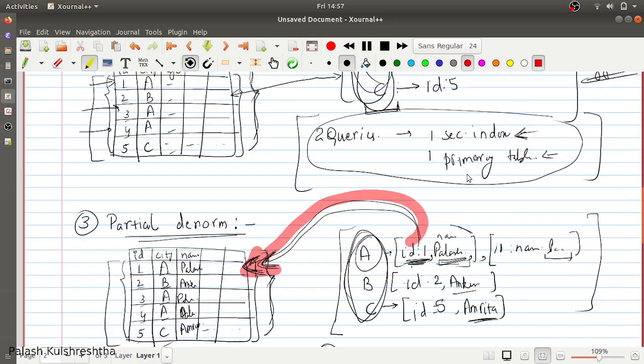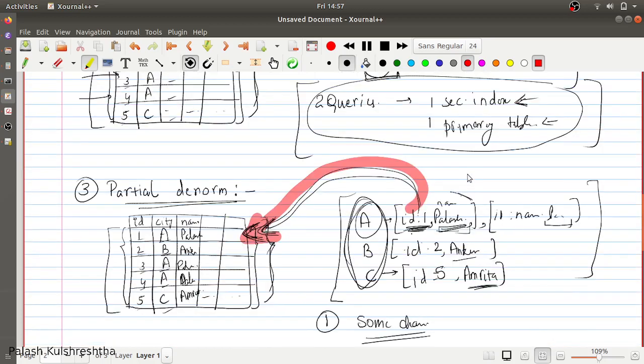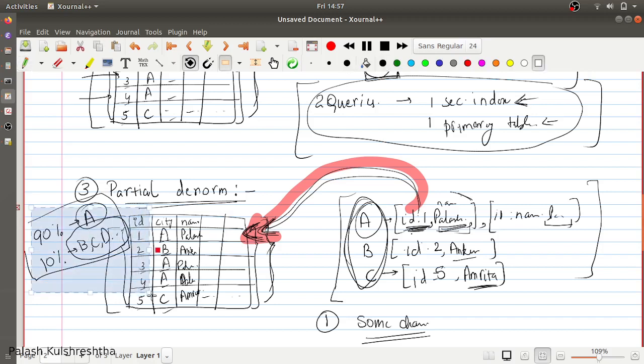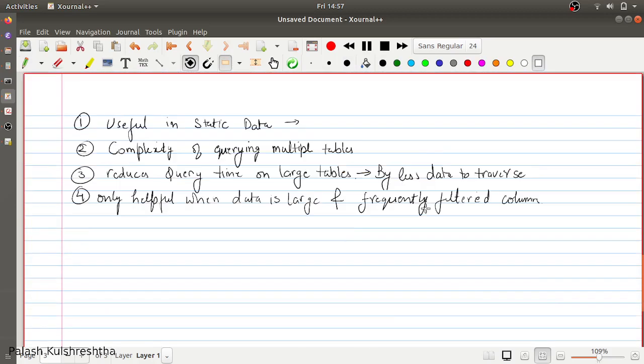For example, let's say in your denormalized table, 90% of the data is present in city A and 10% of the data is present in B, C, D, or whatever. So 90% of the data is present in city A. Let's see what this means.